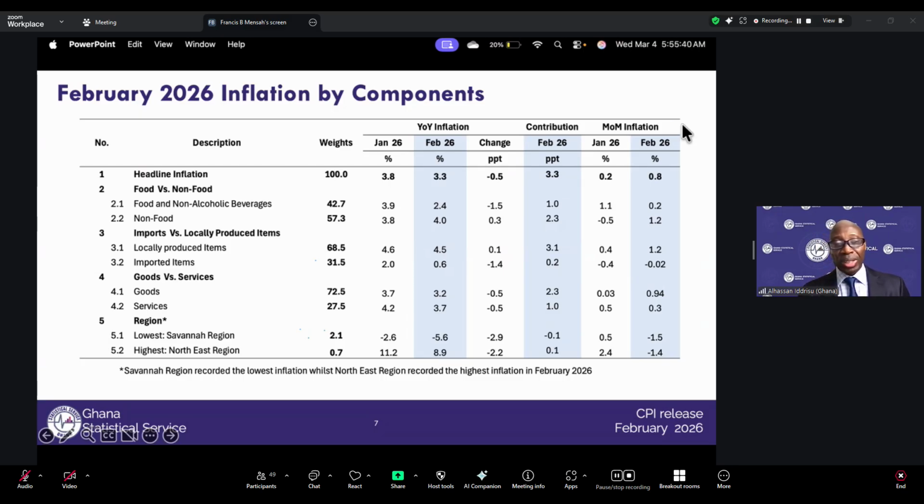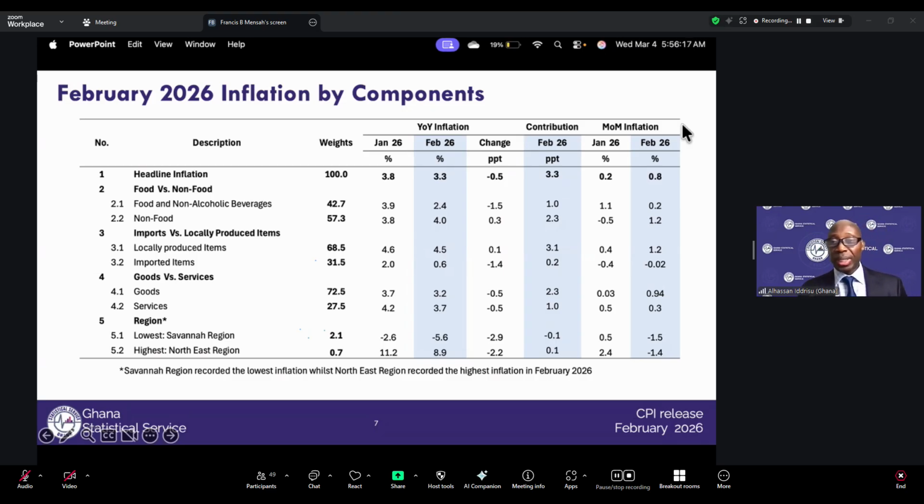And each time we have an engagement, we are able to present the data, and then we'll make some recommendations. So it was no surprise to us at all when in the 2026 budget, a lot of the recommendations we had made we actually found in the 2026 budget, especially with regards to agriculture, where you have a number of interventions to increase food production, but also with regards to the recommendations we'll be making to reduce inflation, regional inflation